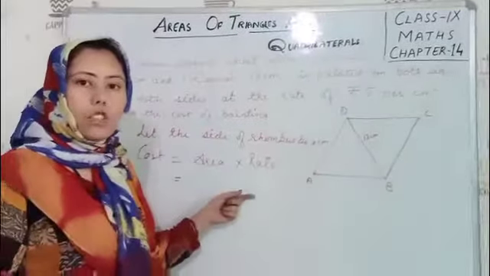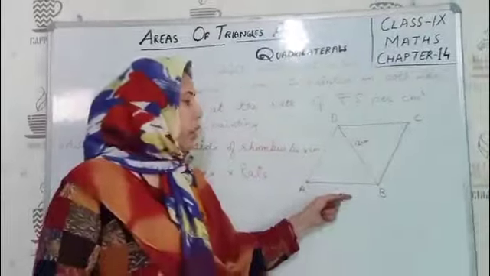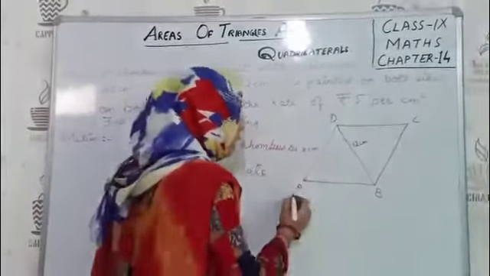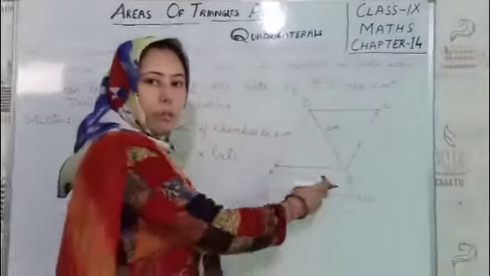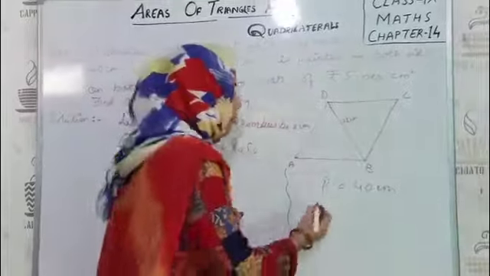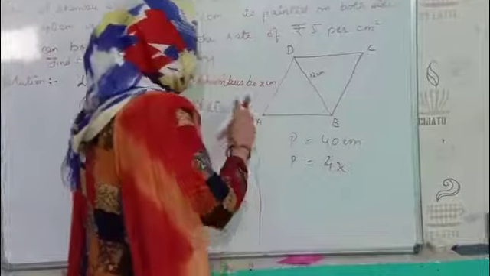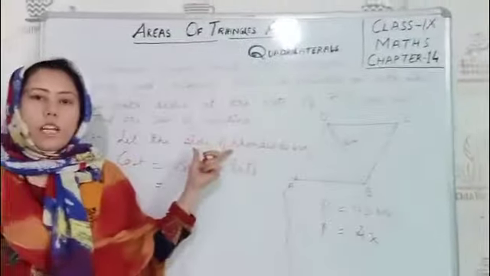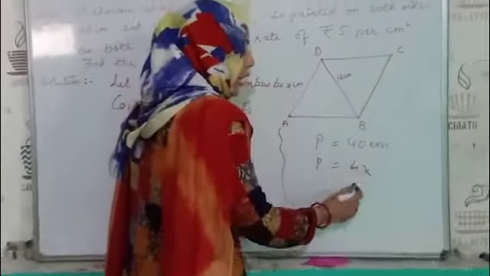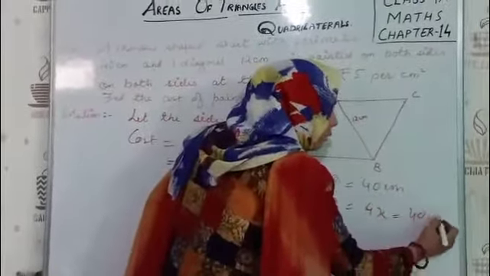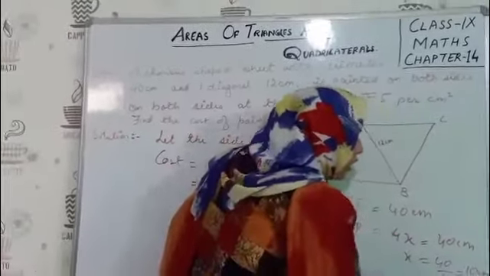For finding area, first of all we have to calculate the side. है ना, we don't know these sides, हमको ये sides नहीं मालूम है. So first of all we will calculate side. Perimeter is given. Perimeter is equals to 40 centimeter. Perimeter of a rhombus is sum of all sides, means 4x. We have supposed that side of a rhombus is x centimeter. So perimeter will become 4x. It is equals to 40 centimeter. So x is equals to 40 upon 4. It will be 10 centimeter.